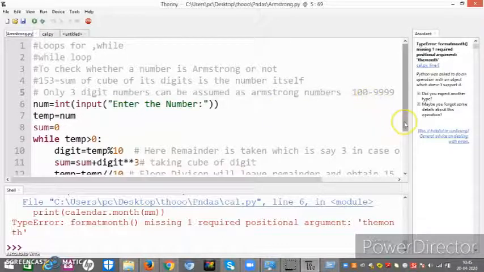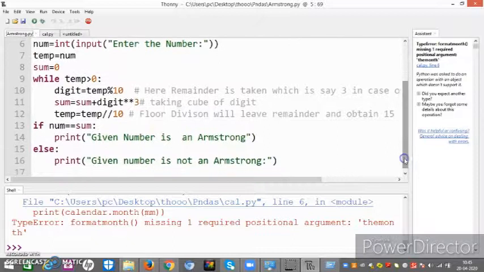Now temp is equal to num, sum is equal to 0, while temp, the temporary number, is greater than 0, digit should be this. Now sum is equal to sum plus digit star 3. Now if num is equal to sum, print given number is an Armstrong number.